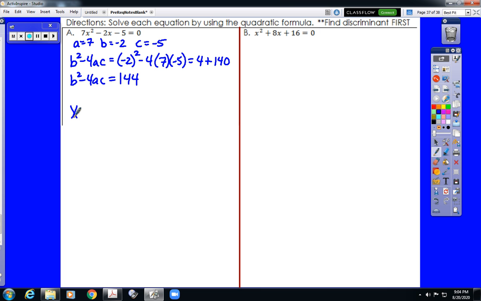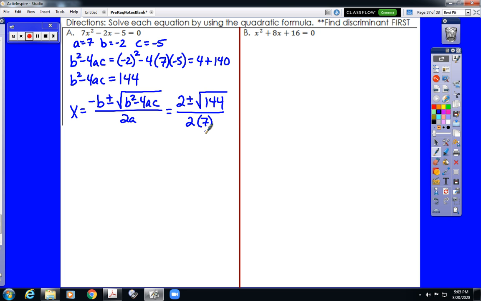So next we're going to go to the actual quadratic formula, which again, it would be helpful to memorize, but it's really not necessary. It's in your notes. It is -b plus or minus the square root of b squared minus 4ac all over 2a. Now, the only three things we need to plug in here are the opposite of b, which is 2, plus or minus the square root of the value we found before, the discriminant, 144, over 2 times a, which is